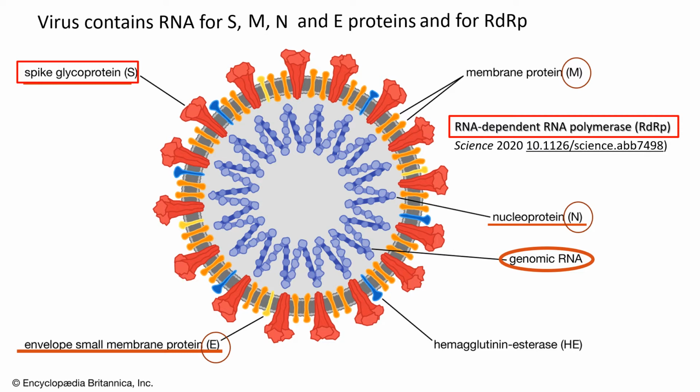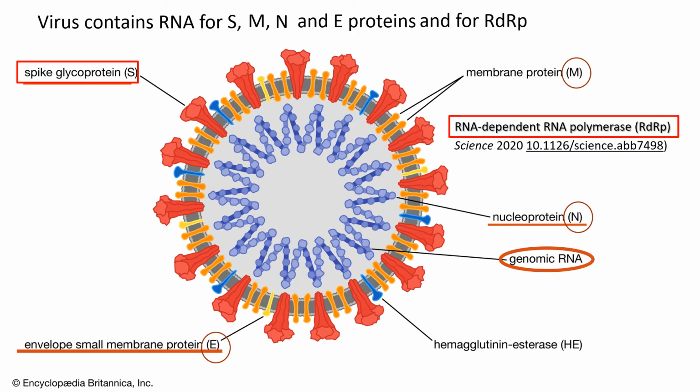The spike protein is the one that binds to the host cell and allows the virus to infect the cell. So these are very good proteins for targeting them as antivirals. If there's an antiviral that can destroy or interact with that spike protein, the virus will not be able to infect the host cell. Also, the RNA-dependent RNA